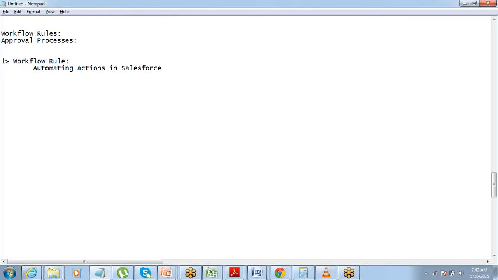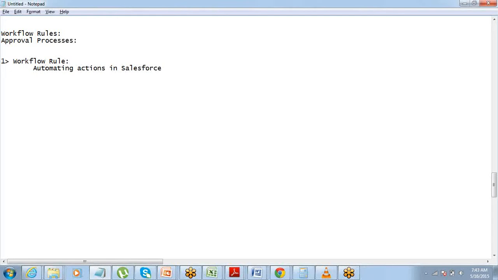You must have seen this with a lot of companies, right? The moment you put your contact information on their website or somewhere, you receive an email from them. So these are all automated actions. The moment someone has registered on my website, or the moment I receive a lead, an automated email needs to be sent. So that's a workflow action.